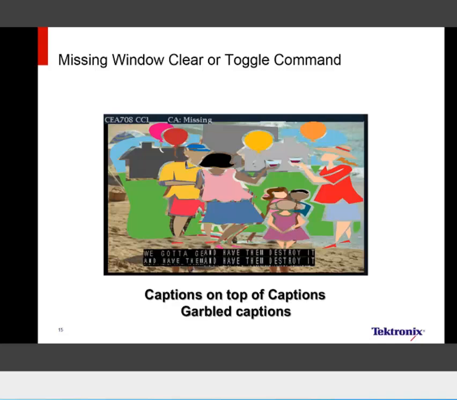Within the 708 caption, there is no timeout for the captions to automatically be removed off the screen. So if something happens to the captions where we miss a window clear or a toggle command, the captions will stay on the screen into the next scene. We see this quite often when commercials cut in too early, and you lose the last couple frames of video that would have had the clear command to take the captions off the screen, and the captions continue on